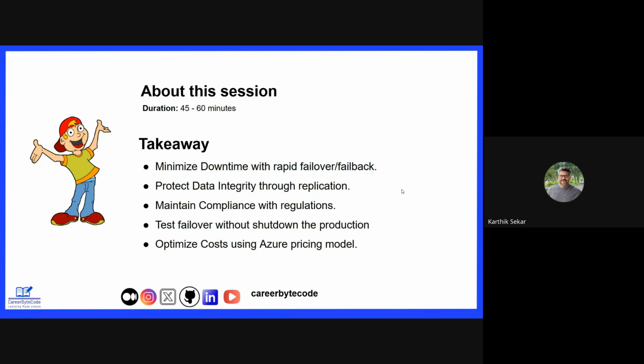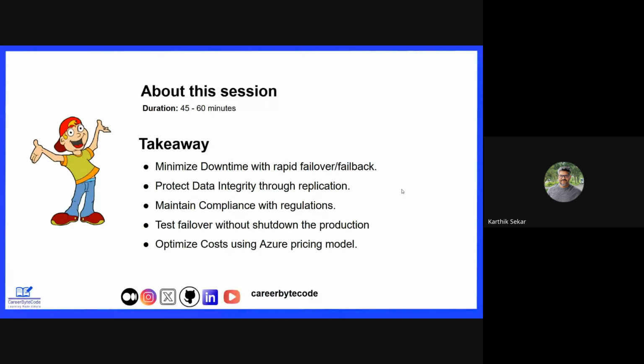It's not only about setting up the recovery, it's about testing whether it is working or not when the real disaster happens. And then cost optimization as well, because disaster recovery is basically backing up the data, replicating the data, so it costs. How we can reduce the cost, you will learn that too.